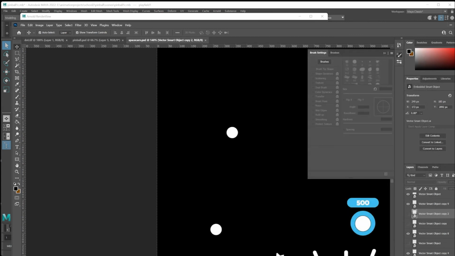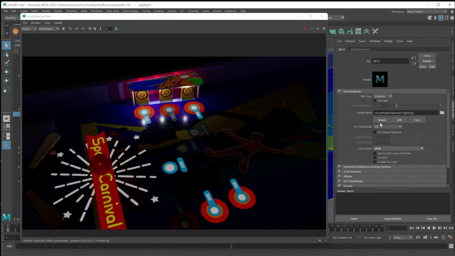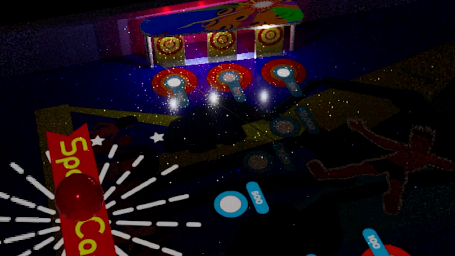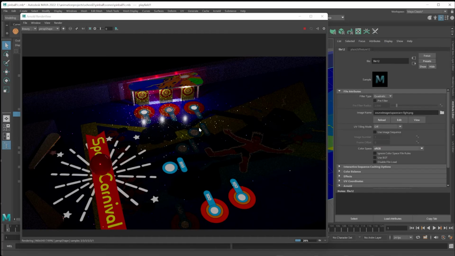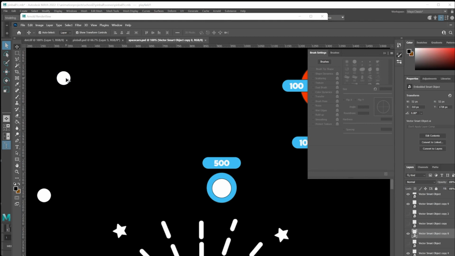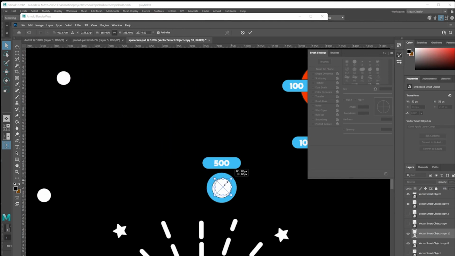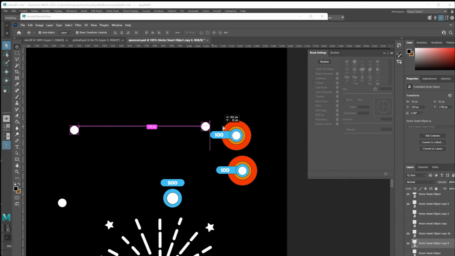Going back to Maya. Click on reload. Now just these targets, I haven't done these two, are lining up here. Dragging this circle using the Option key. It's a little bigger. Just scale it into position. And the final two targets, Option key, drag,